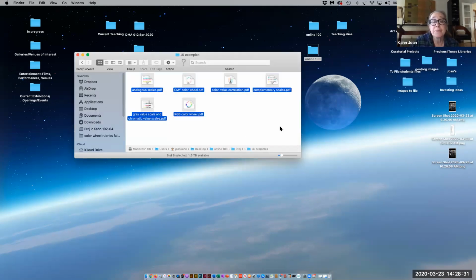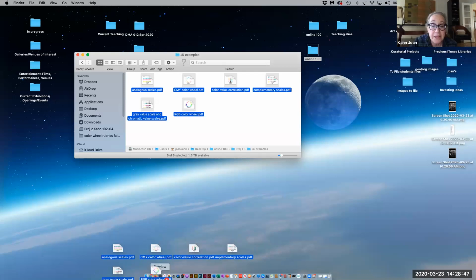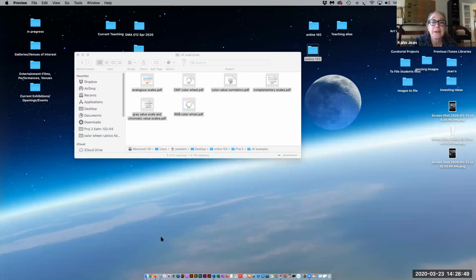So these are PDFs, and I was very careful to turn off Illustrator editing capabilities when I saved these, so that you can't, by any chance, just sort of modify the ones that I did. Not that I would think that you would do that, but